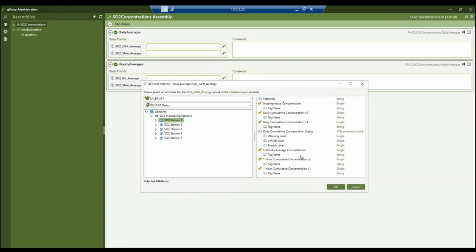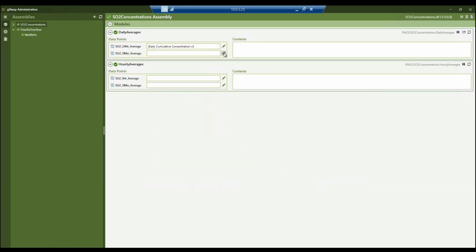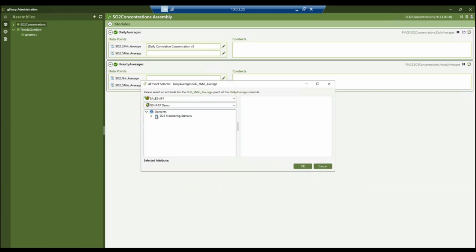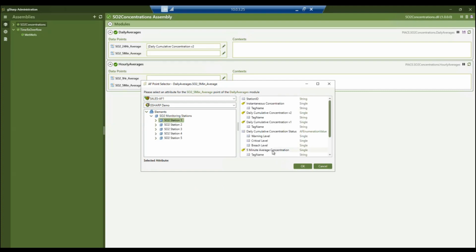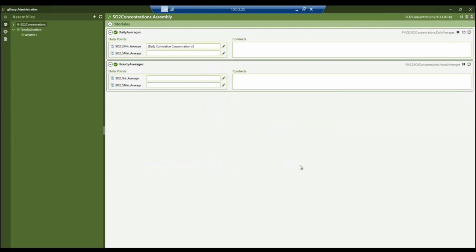Now, in this database, I'm actually going to use this daily cumulative concentration version 2, because version 1 has the tags that PyAce is writing to for the same calculation. So I'll click OK for that. And then I want to do the same for the 5-minute average. This is mapping my input. So there's my 5-minute average concentration.